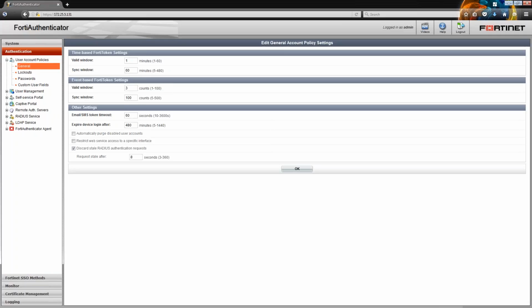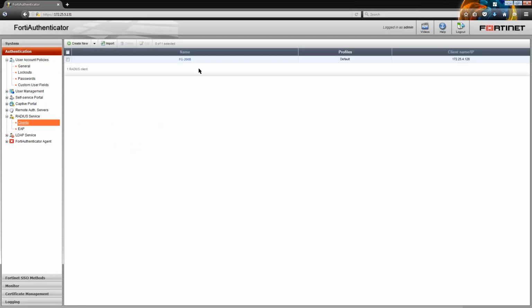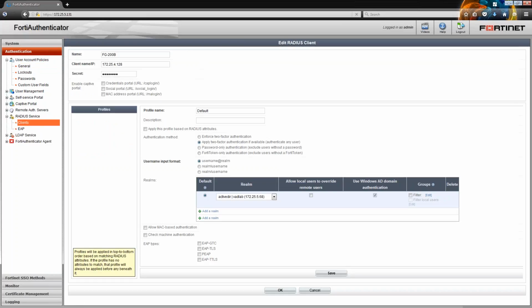Authenticator, as Chris is going through, can do many different types of authentication, and it's all centralized around here. Most of it is really on RADIUS or 802.1X, so we can add our RADIUS clients. I've got one here added already, which is just another device. I think this is a wireless device, so it's passing all the wireless credentials over to the Authenticator to authenticate it against an LDAP server we've got